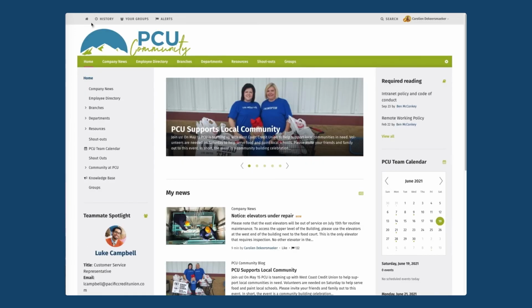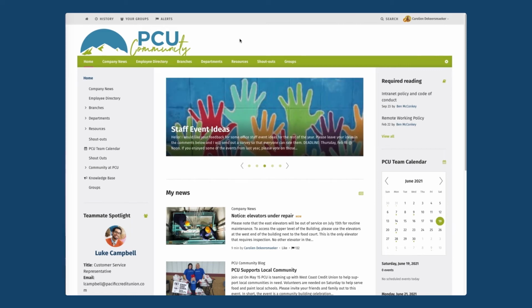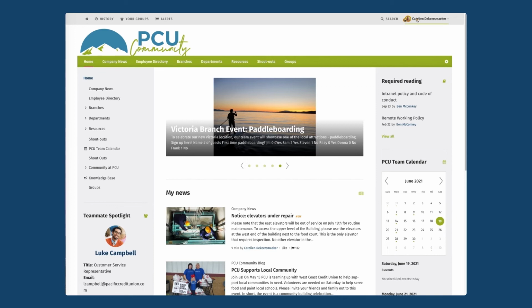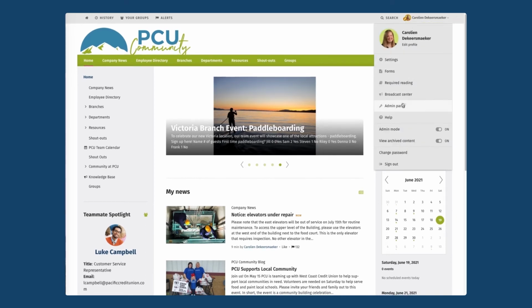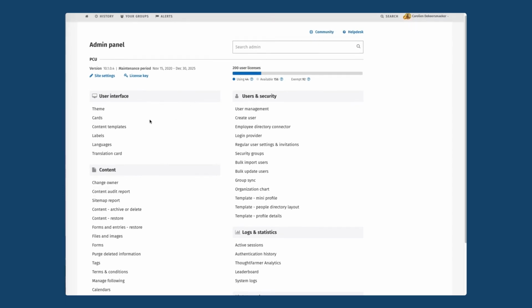That's broadcast. Let's take a look at the other area that is really handy for internal communication, more related to compliance or important content, and that is our required reading feature. This is going to allow you to identify certain types of content on the internet, whether it is a code of conduct or an important policy, and track which of your staff has read and confirmed that they agree with that information. We're going to again start from the admin panel so that we can make sure to enable our